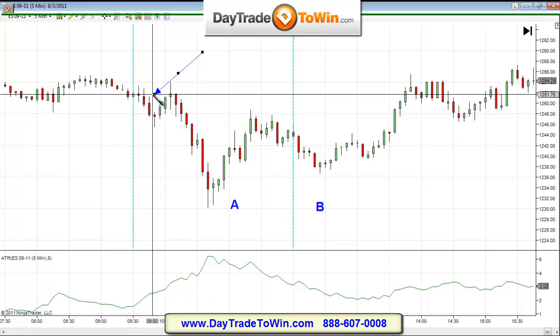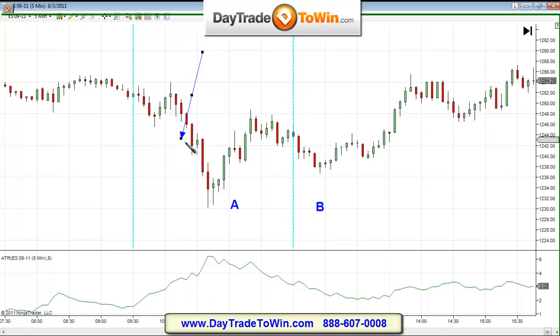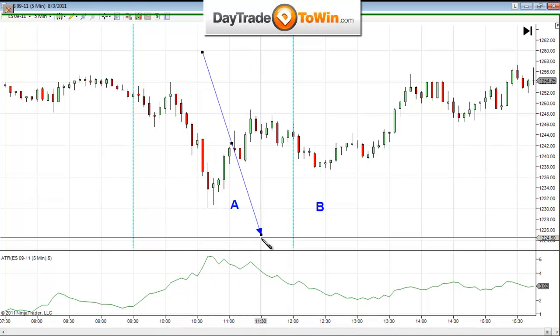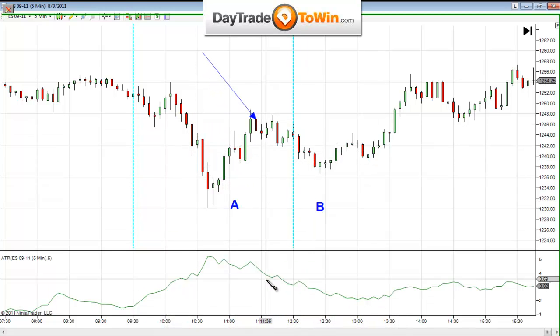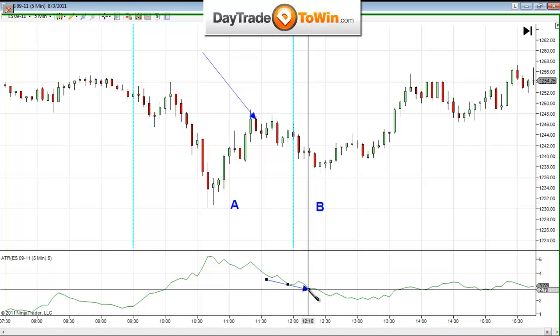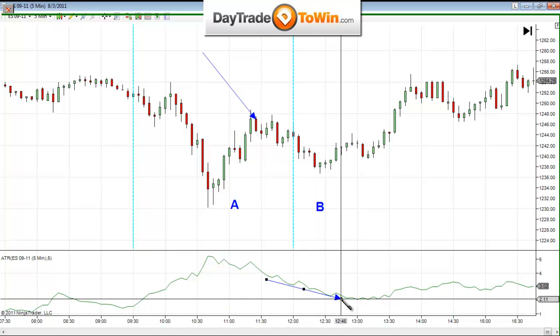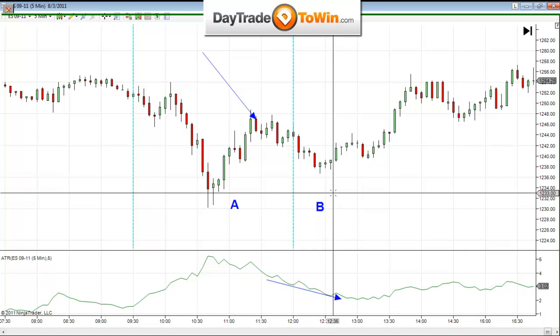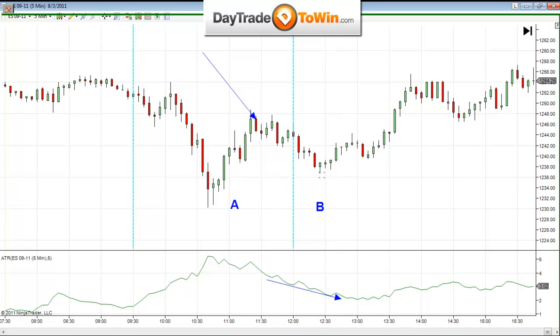There's no reason why this should continue. Now it's just holding it, and so it dries up. And if you look at the ATR, see how these bars get smaller and smaller and smaller. Okay. Now we have here